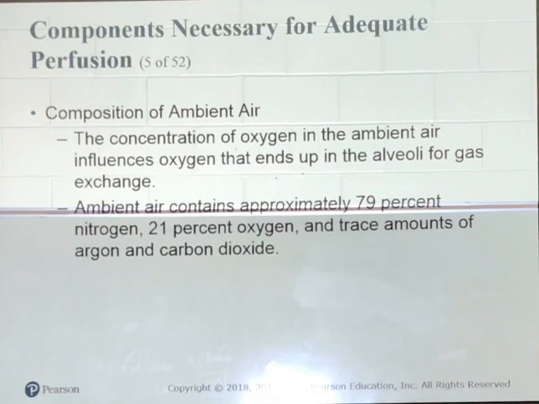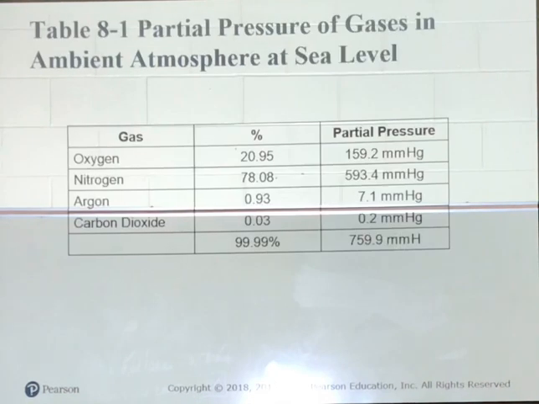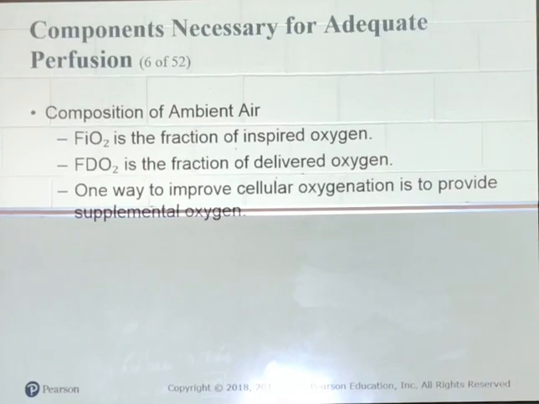Alright, components of ambient air. The concentration of oxygen in ambient air is what? 21%. Okay? It contains 79% nitrogen and trace amounts of argon and carbon dioxide. Okay? And there's your little slide about it. Alright, increasing the concentration of oxygen in breathed air increases the number of oxygen molecules in the alveoli, the blood,